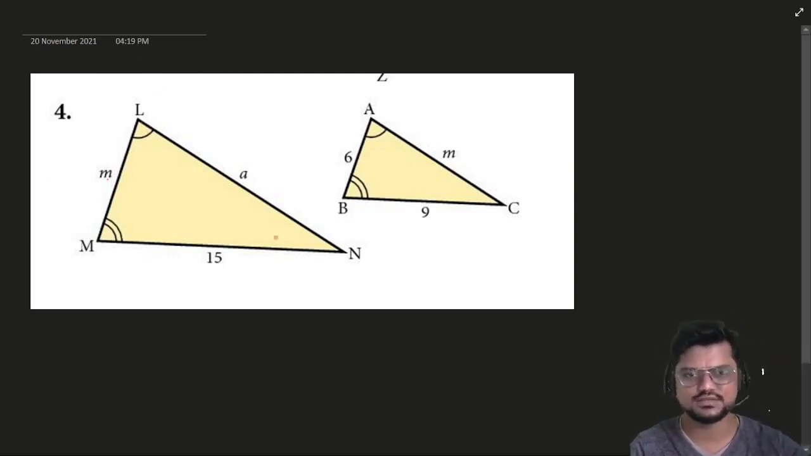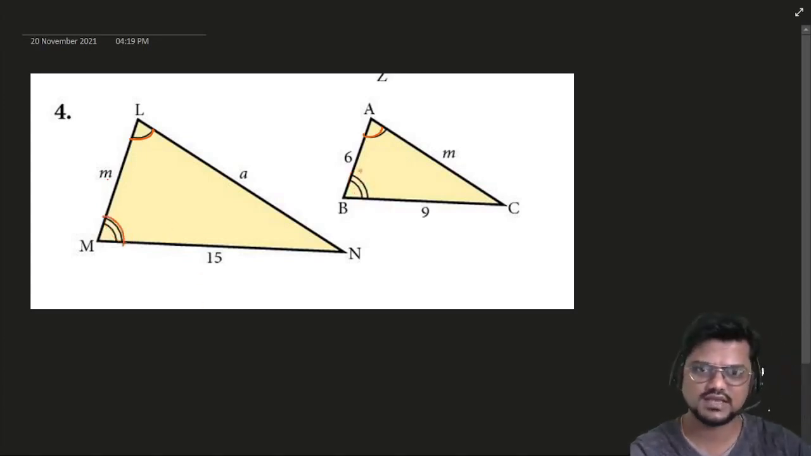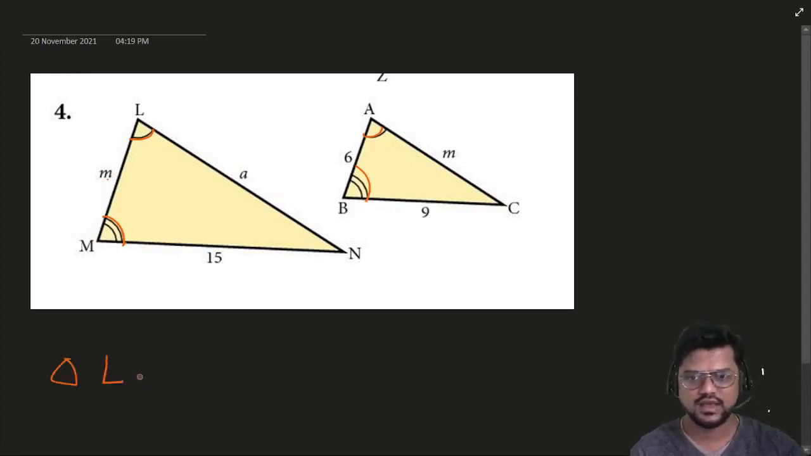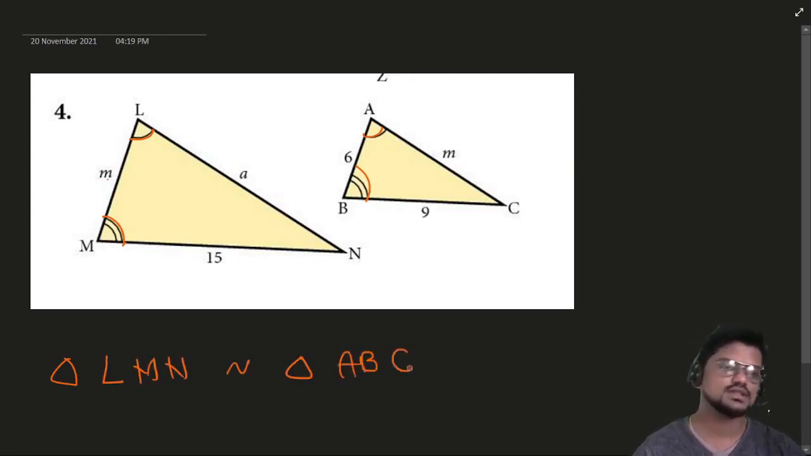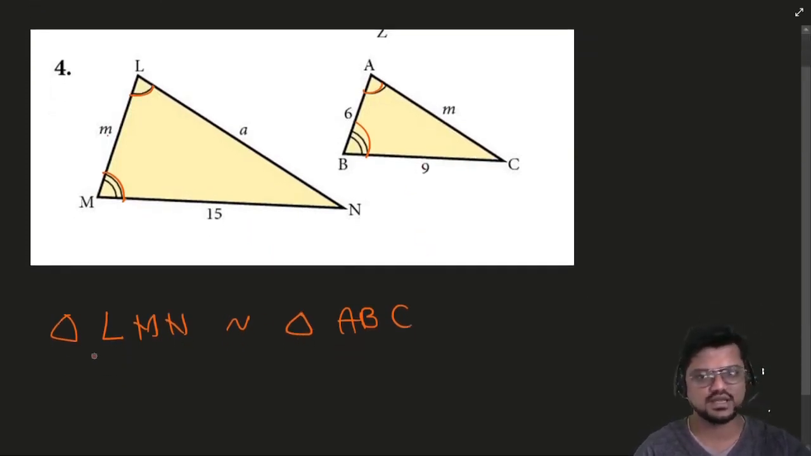See these two triangles. First of all, this angle L and angle A are equal. Over here they have given 2 dash and over here they have given 2 dash. That means this angle is equal to this angle. If two angles of two different triangles are equal, then we can say that the two triangles are similar. So triangle LMN is similar to triangle ABC. That means they are of the same shape but not of the same size. Now if two triangles are similar, then the ratio of the corresponding sides are equal. That is